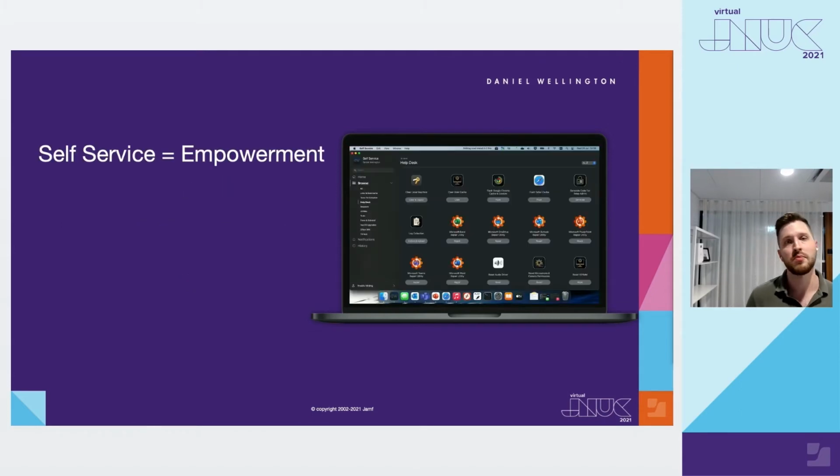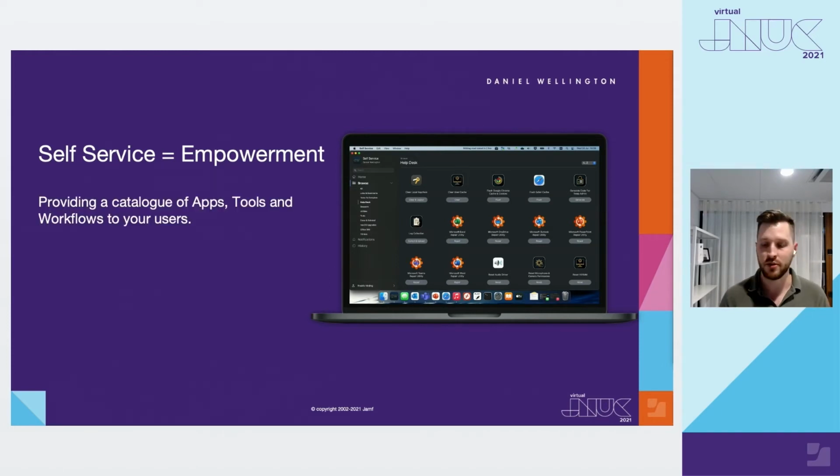Once they have everything installed, the next tool that truly changed how we operate the Mac is Self Service, because it is pretty much empowerment all the way. And the good part about Self Service is we can fill it with every single app, every single option, every single function that we want the end user to be able to have at the tip of their fingers. And that means we have a catalog of apps, tools, and workflows that every user in our company can access without contacting IT, which solves a lot of problems.